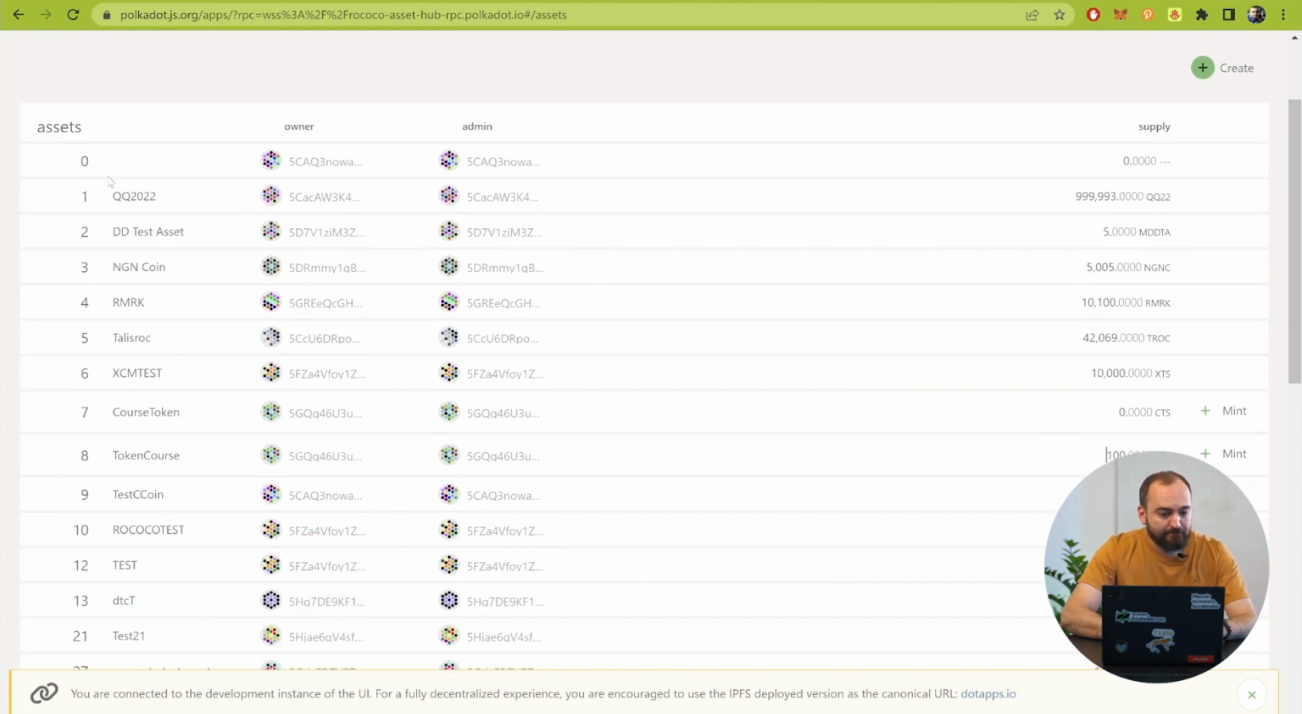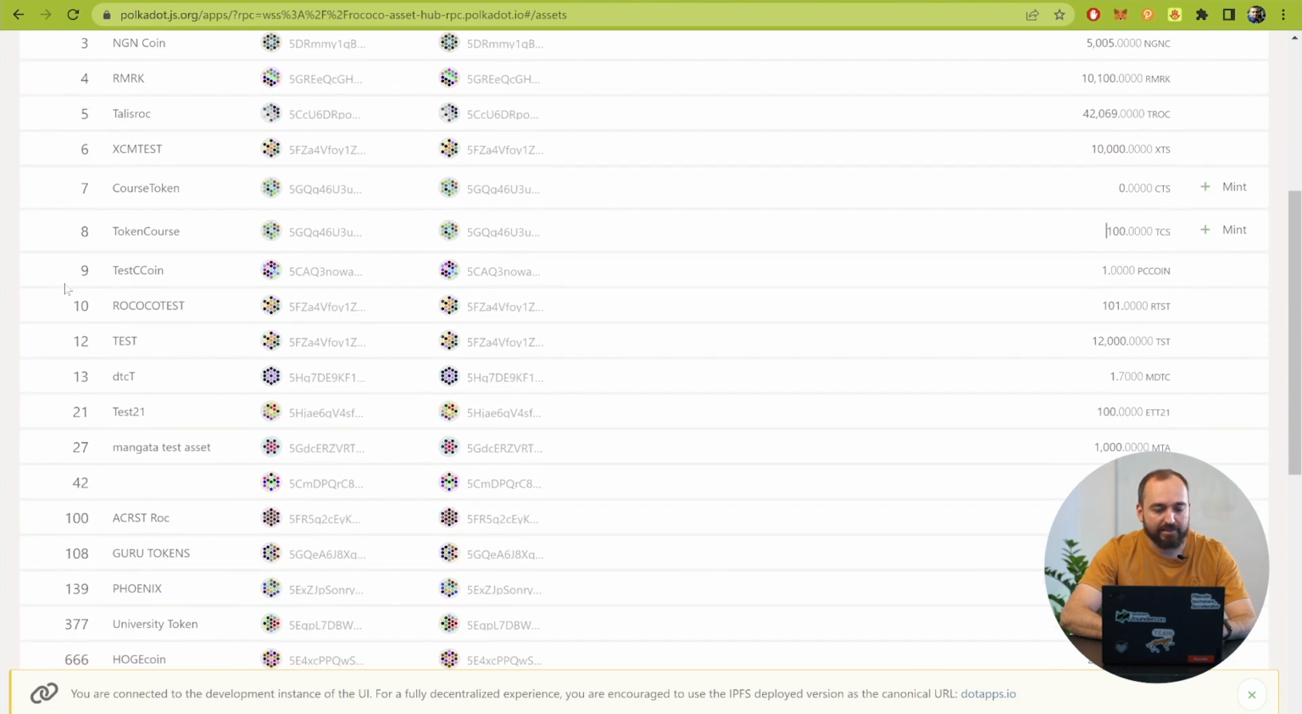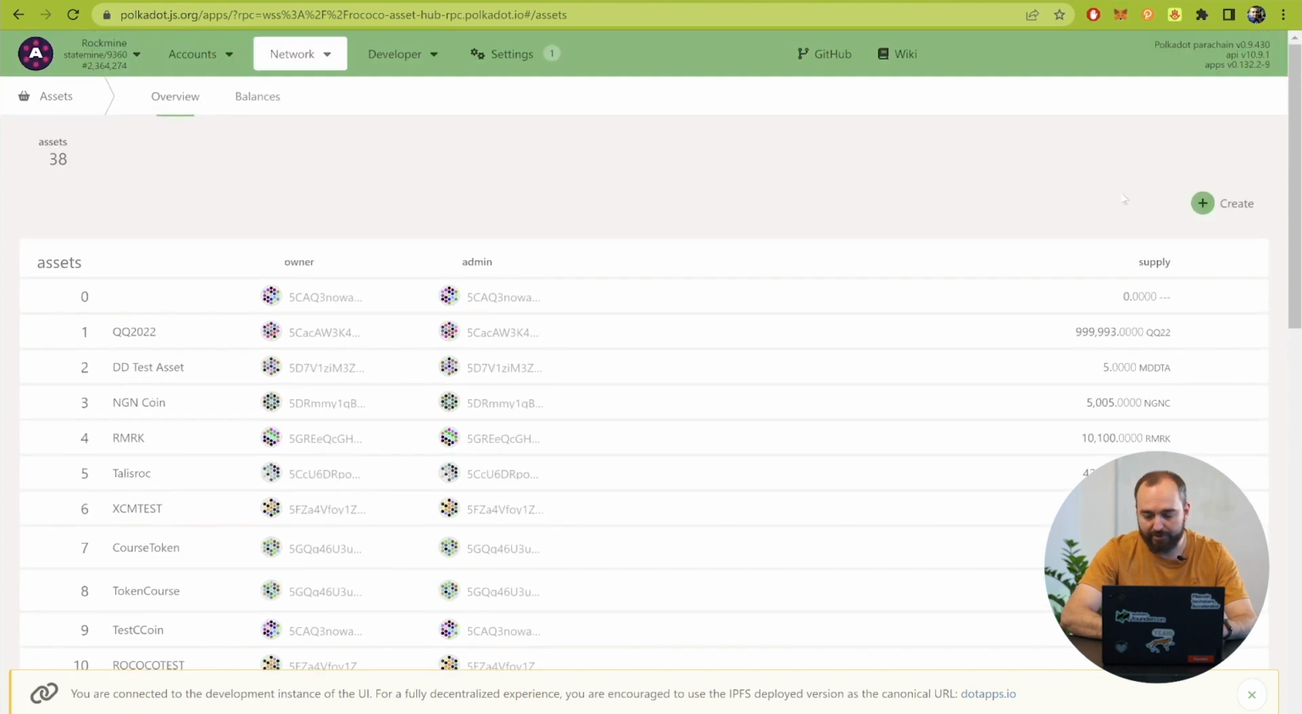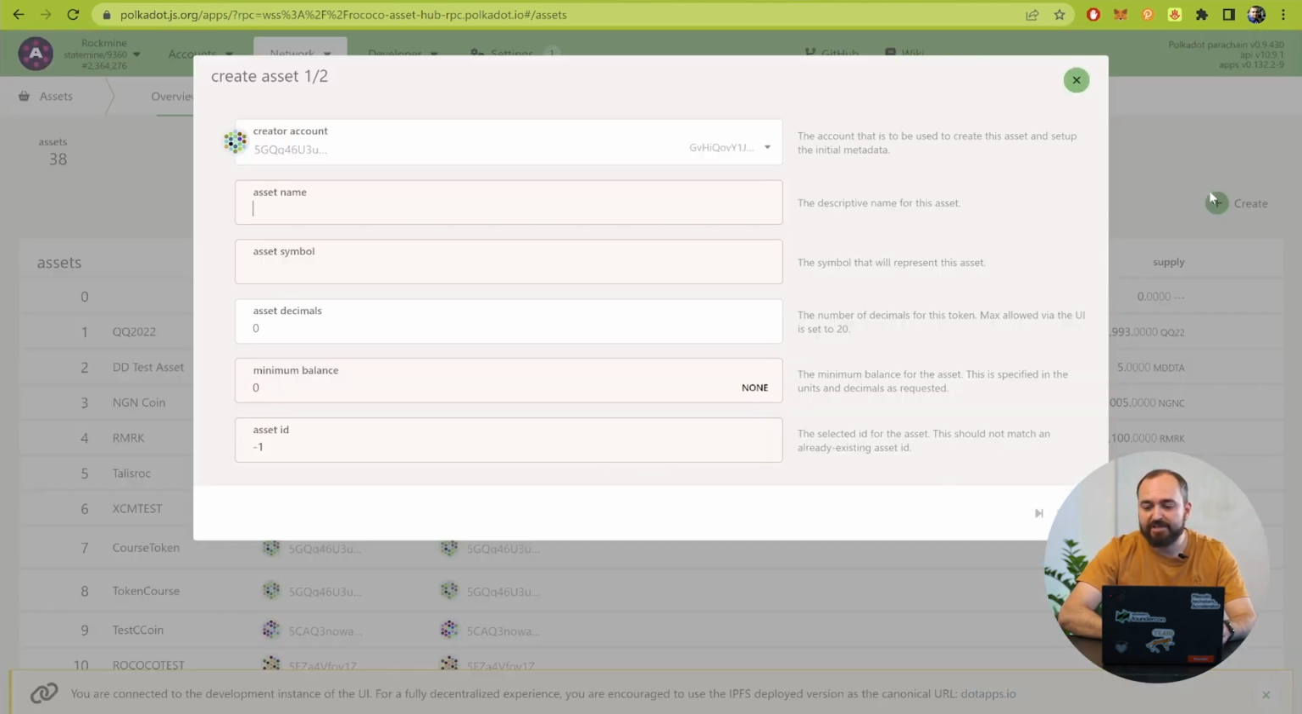Let's find an empty position for the asset. You should choose the number that will be the number of your token. Okay, let's make token 14. Let's press the button create and name the token TTT, for example. TTT token, and asset symbol TTT,